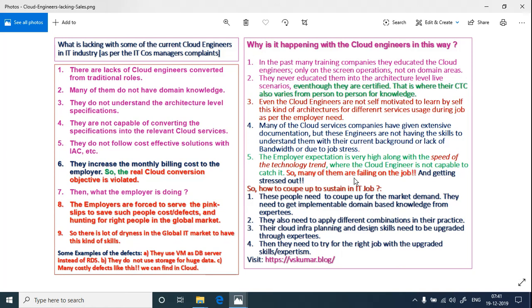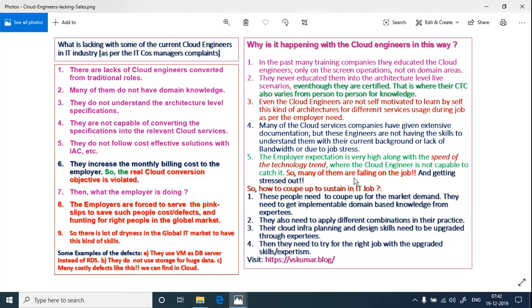Obviously, one top person sitting in the CEO role, Chief Executive Officer, or Chief Information Officer role, is responsible for migrating to or proving the cloud technology in their organization by saving massive cost. So in such a case, what happens? They are going to target particular dates to implement these things. What is going on at the low level, nobody is aware of, and nobody is capable enough to track it. That's where the cloud projects in many places are failing.